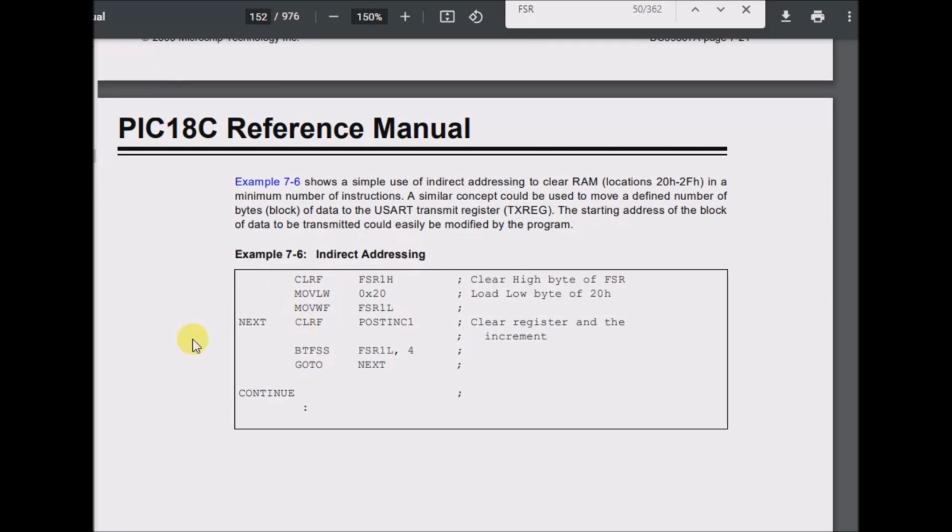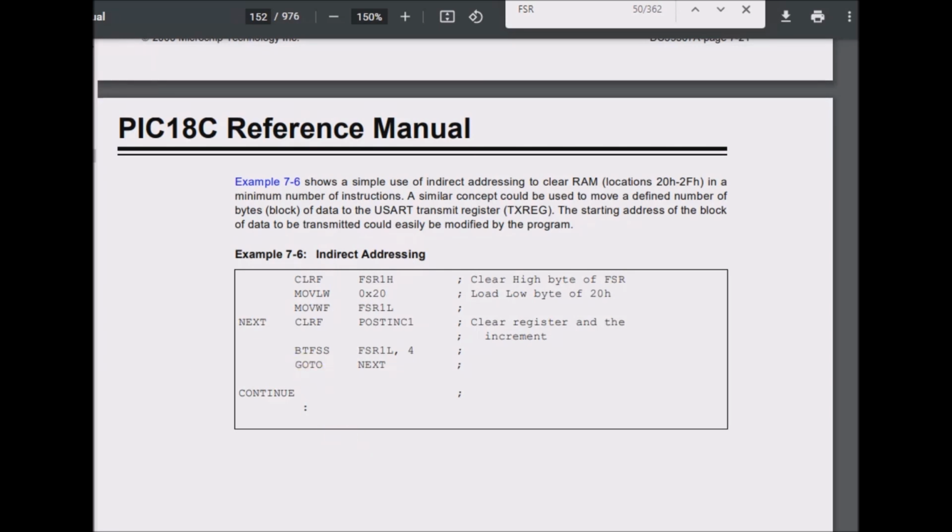So here's indirect addressing: CLRF FSR1H, clear high byte of FSR; MOVLW 0x20, load low byte of 20h; MOVWF FSR1L; label is NEXT; CLRF POSTINC1, clear register and then increment;